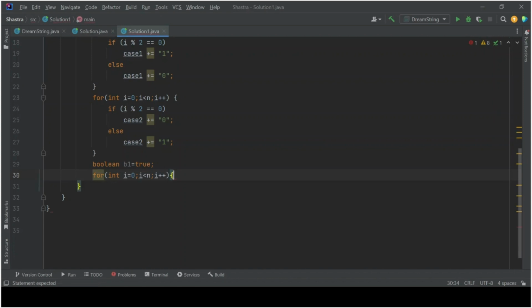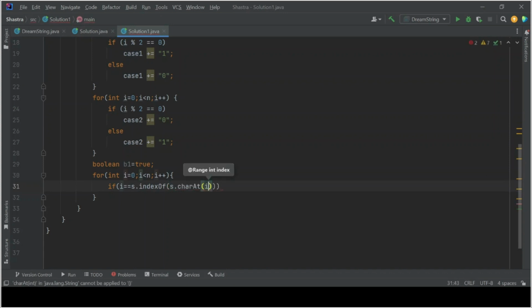And inside this for loop, first we will check if i is equal to s.indexOf(s.charAt(i)). What we are doing here is we are checking if the character at the ith index is the first time that this character has occurred, because the function indexOf in Java gives the index of the first time the character occurs. So we will check if it is the same as i. If that is true,